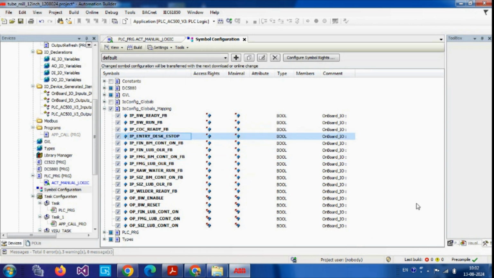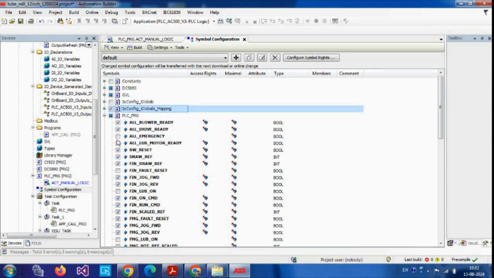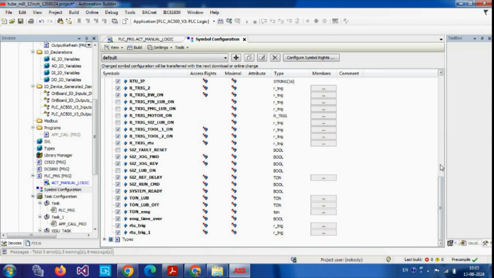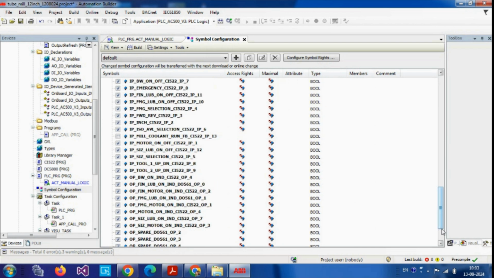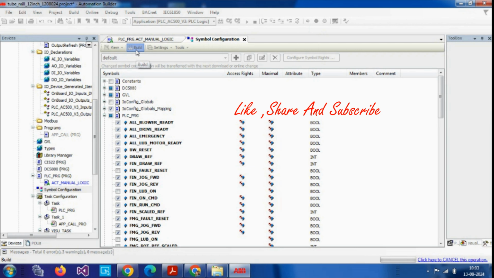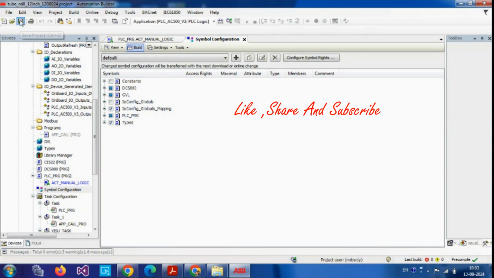One by one, select Use for display. Then, all selection done, then build. Done. Then use Save Project